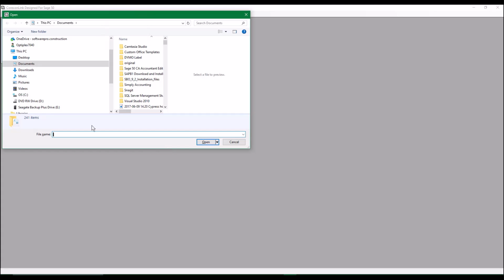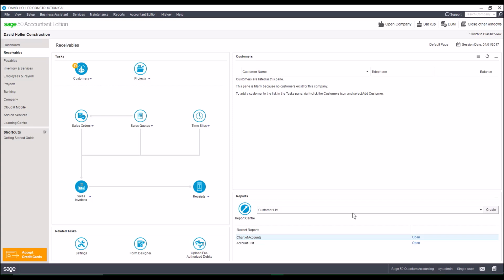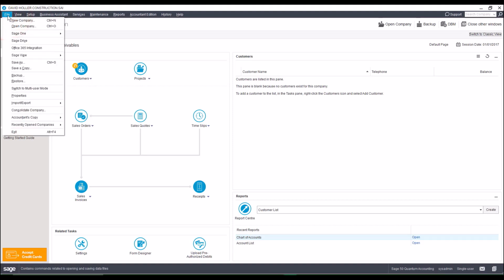And now we need to go back and find the company data folder for our Sage 50 Canada. So I'm just going to click there. It was in my documents under Simply Accounting, data, and there's my folder. Even though my Sage 50 is going to be closed when I do this installation and set up the preferences, I do need to come back and make sure that when I click File, I can see that this is switched to multi-user mode